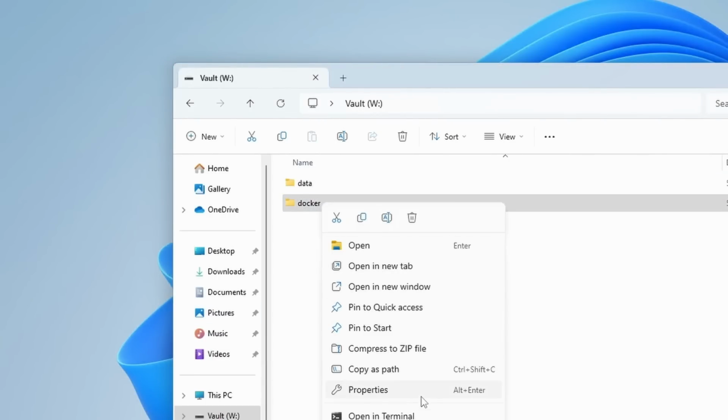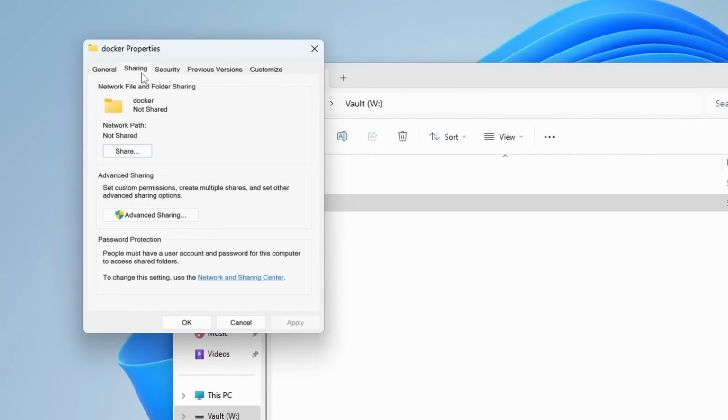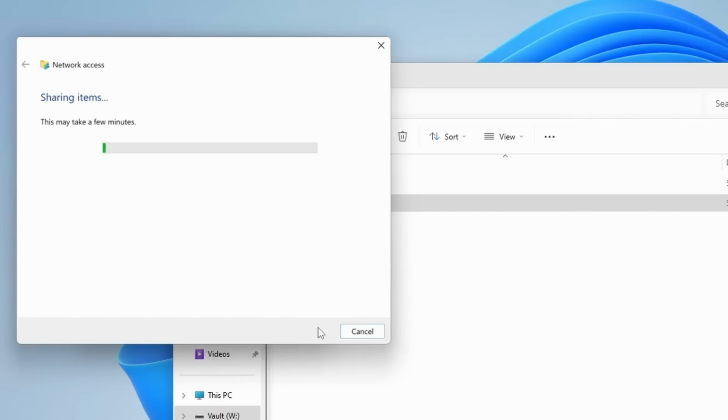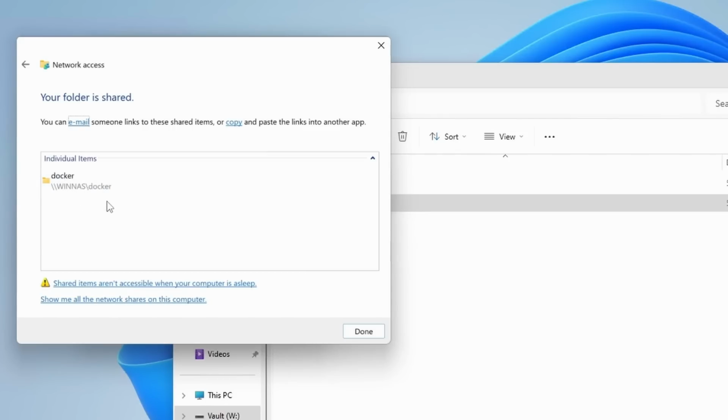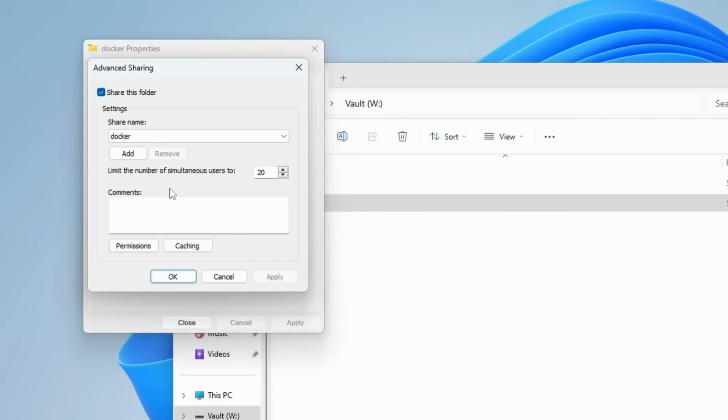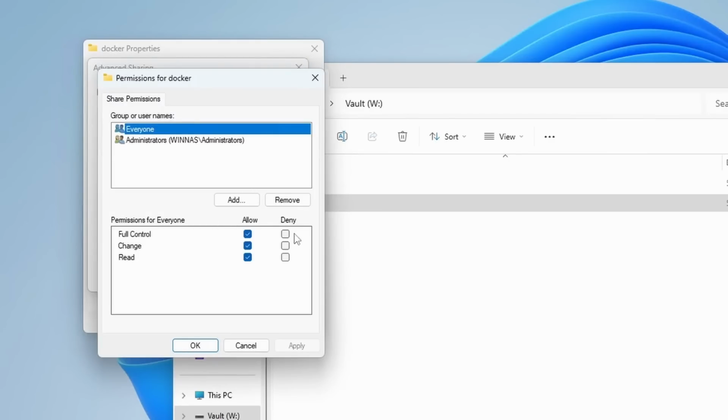Then we're going to go ahead and share Docker. So if I go to properties, go over to sharing, click on share, and this one I'm only going to give to myself because nobody else really needs to see or mess with my Docker configurations. So now it's on the Docker share. Additionally, there are advanced sharing settings. If I click on this, you have your shares here, and you can do a lot of things through this little window. You can add more shares, limit the amount of users per share, add comments, and get into more detail when it comes to the permissions here and all the users that have access to it.